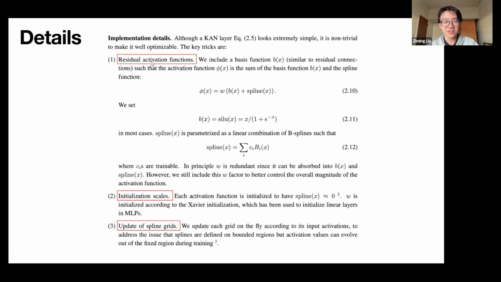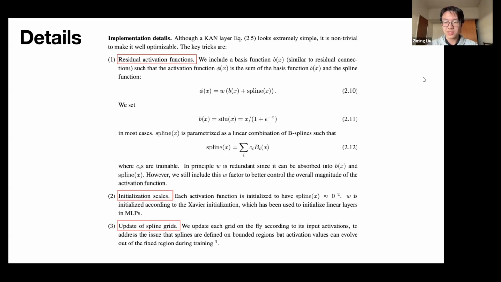The first trick is that I use residual activation functions. The idea is basically that at initialization, the splines can be really bumpy. So if you stack a few layers of these bumpy splines, the initialization can be really bad because the initialized function can be really, really bumpy and potentially cause optimization problems. The way we solve this is that we add a smooth background plus some wiggly spline functions, a little bit like residual connections. That's why we call them residual activation functions.